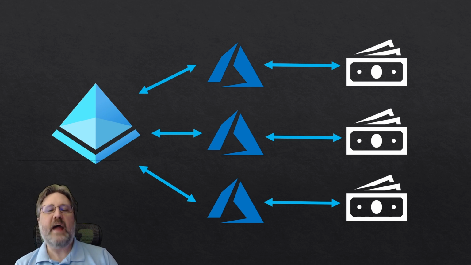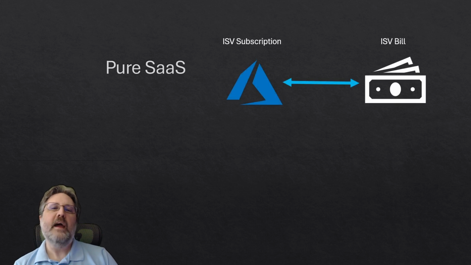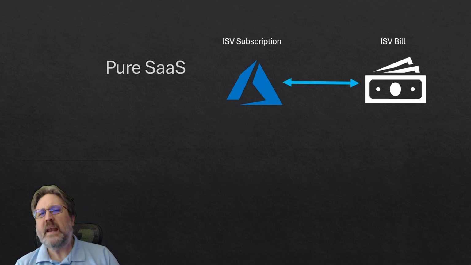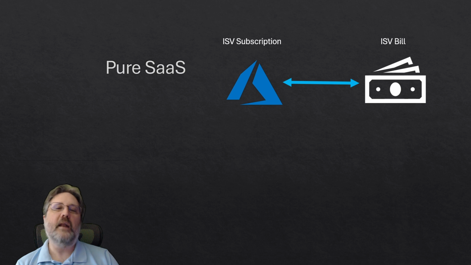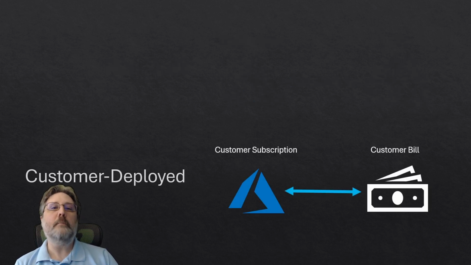Taking this to the 3 SaaS models, in the pure SaaS model, the ISV has all of the billing happening in their environment, controlled by them with their Entra tenant. The ISV then decides how to translate that to a customer bill. There's many ways to do that, including a cost-plus model or a metered consumption model, such as per user, per gigabyte, or whatever meter makes sense. The point is that the billing directly from Azure is to the ISV,